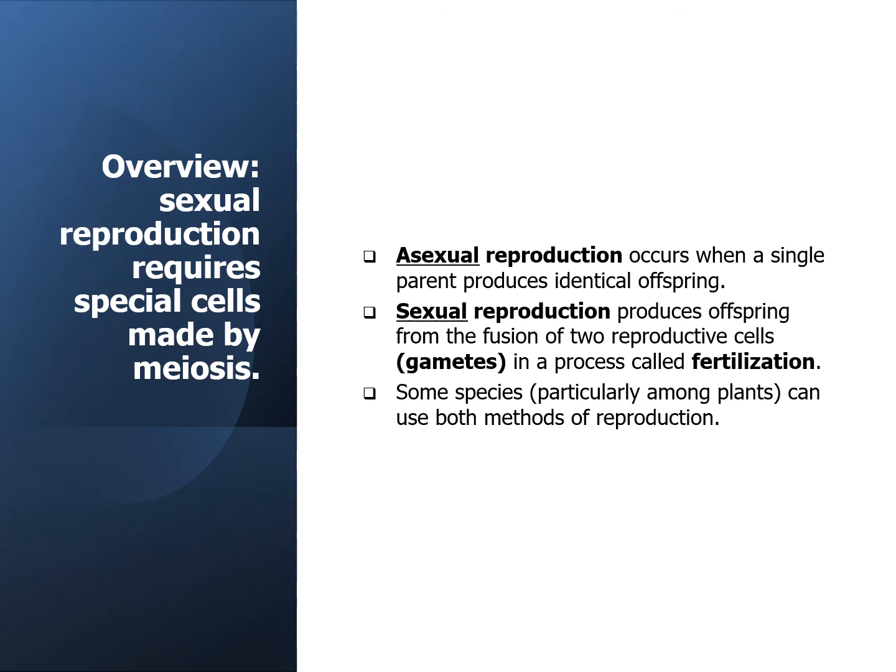Sexual reproduction is going to need at least two parents. I don't know of any circumstance where it needs more, but at the very least we need two. And this is going to produce an offspring that is unique from the parents and also from its siblings. We are going to need the fusion of two reproductive cells or gametes from the parents, and they're going to need to come together for a process called fertilization. So this is where a sperm meets an egg and you create a zygote, and then that zygote becomes an embryo, and then that embryo becomes a fetus, and then that fetus becomes a baby. And that is that whole process. So that is sexual reproduction.